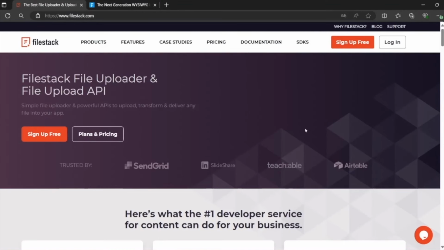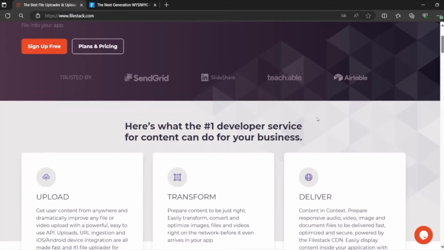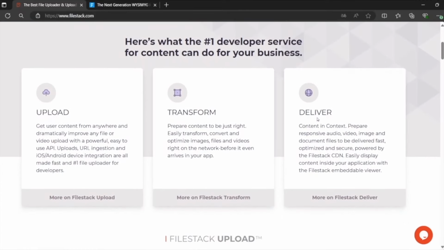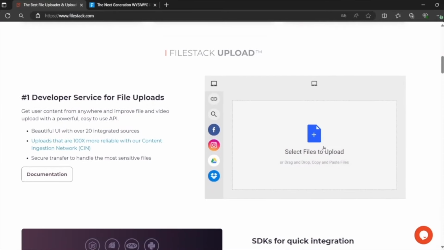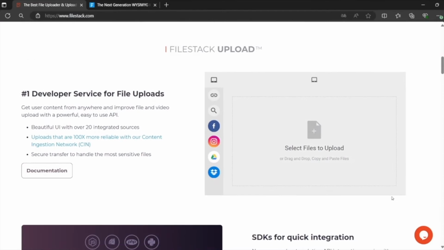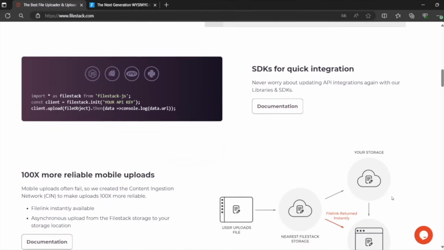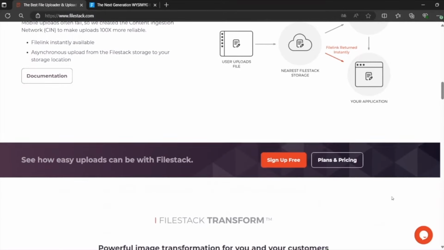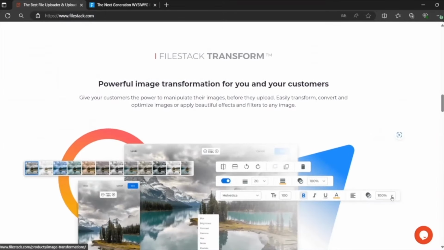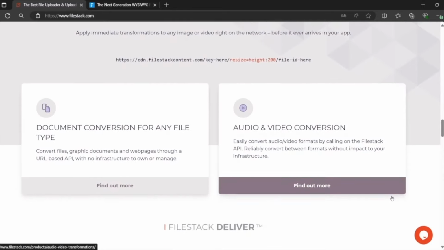Thank you, Andres. And well, now I want to talk about what is Filestack. Well, Filestack is essentially a comprehensive solution for uploading, transforming, and delivering files in applications. It allows users to easily upload content from anywhere, enhancing the experience with a powerful user-friendly API. With Filestack, you can not only upload files but also transform and optimize them before they even reach your application. Whether you need to resize images, convert documents, or apply filters, all of this can be done directly on the